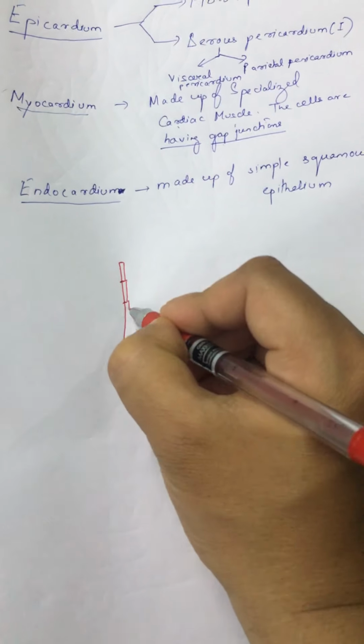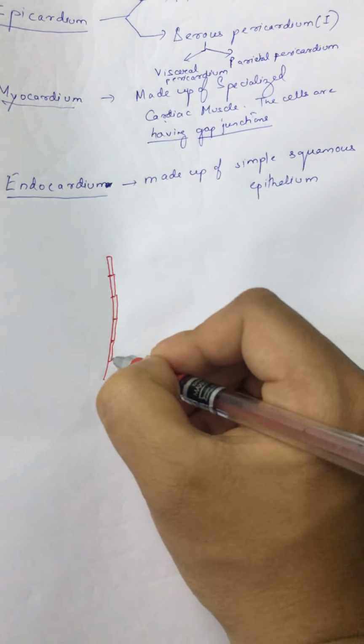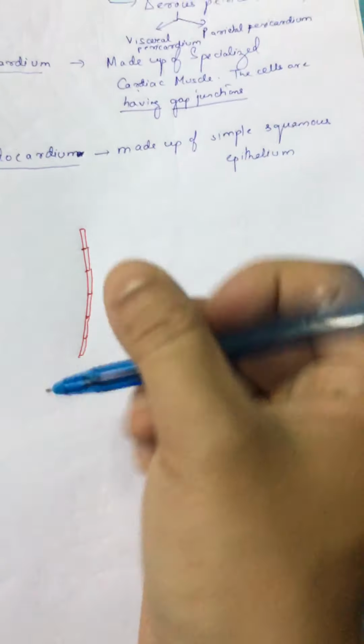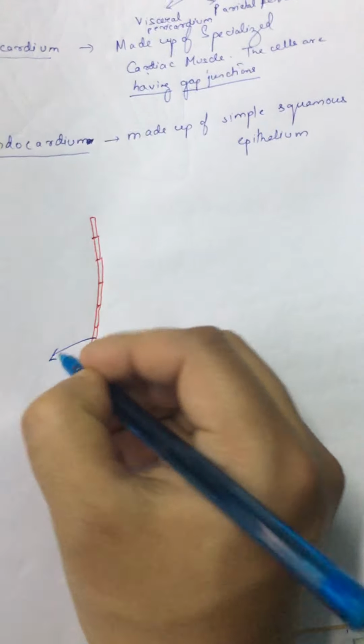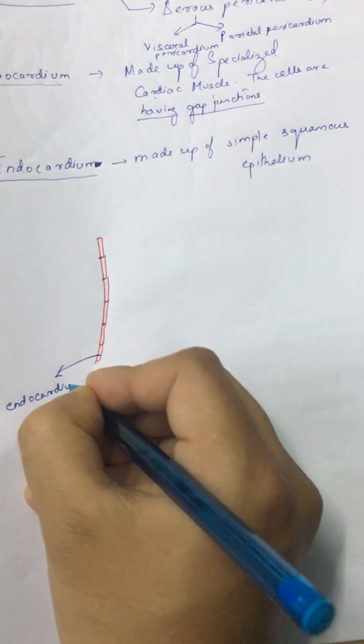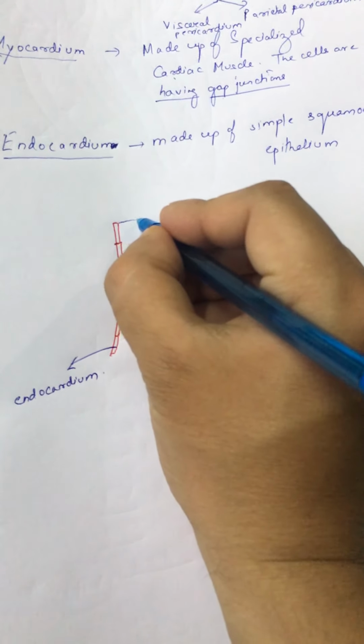So you can see that the cells are flat. Flat means they are squamous cells. The cells are flat, right? And so it is made up of simple squamous epithelium, and this is the endocardium layer. Just next to the endocardium, there is the thickest layer of the heart wall,